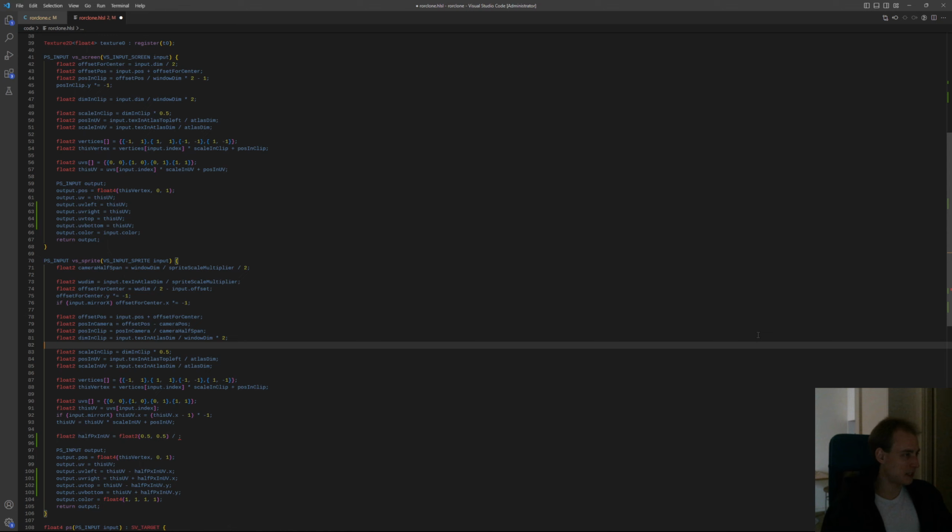So we have dimensions in clip space. Dimension in screen space would be, well, right now we're kind of assuming that